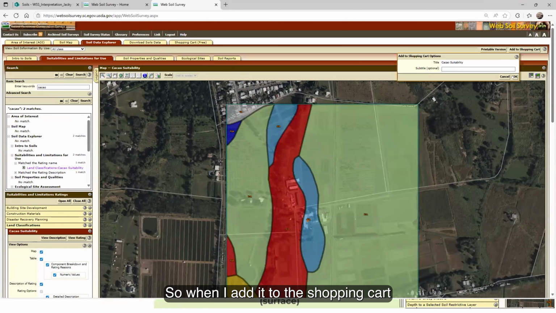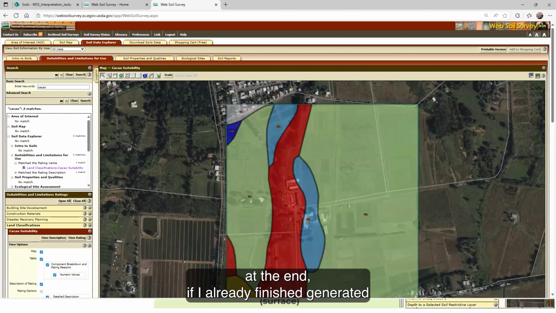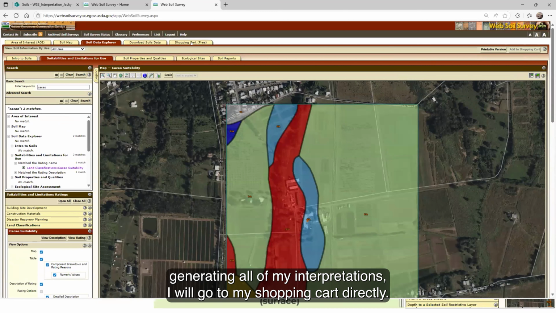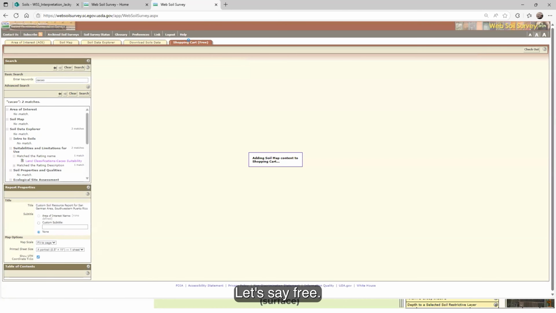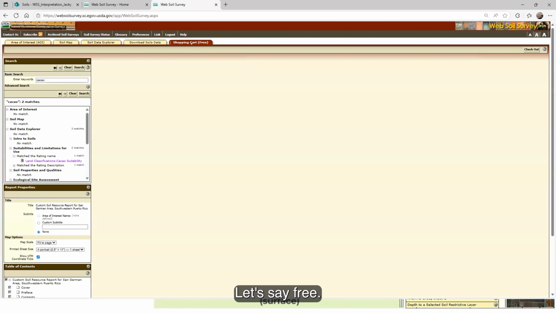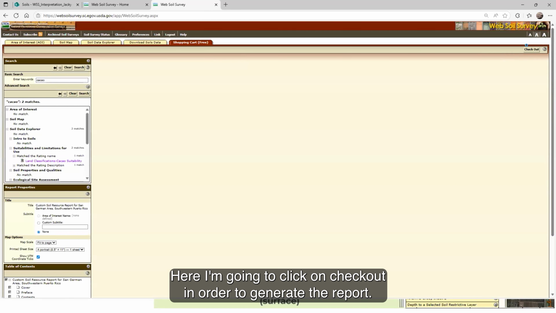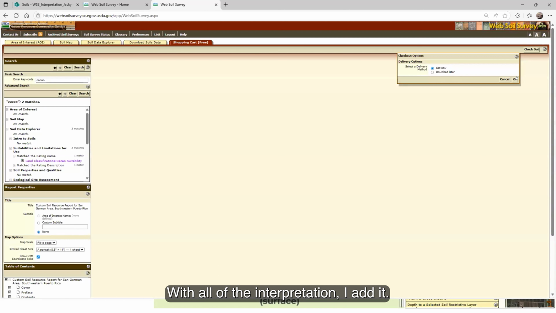So when I add it to the shopping cart, at the end, if I already finished generating all of my interpretations, I will go to my shopping cart directly. Let's say free. It says free. Here, I'm going to click on checkout in order to generate the report with all of the interpretations I added.